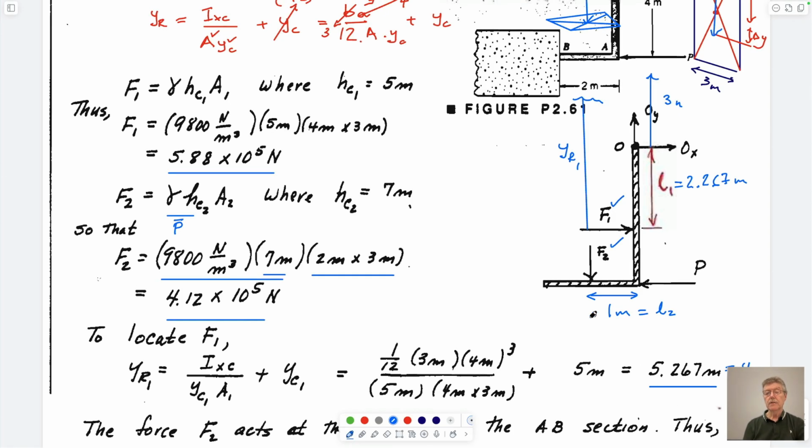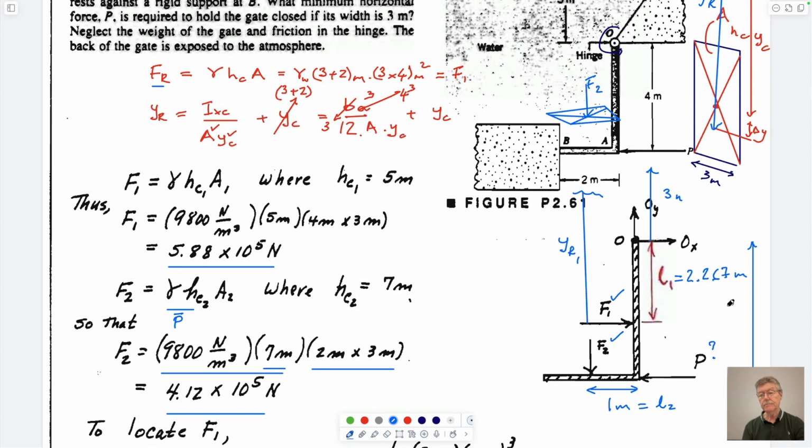And then we know where this acts. We know this magnitude, we know this magnitude, we know where this acts, and we know where this acts, and we don't know what this is, but we know where it acts. And so this lever arm is just equal to the depth of the gate, which is 4 meters. And so now, if we take moments, and importantly,